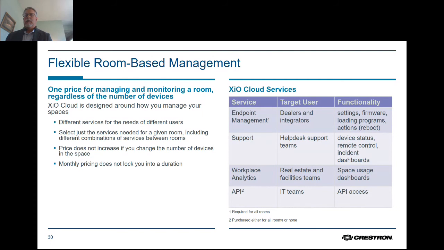So if you look at comparative monitoring and management platforms from lots of the big boys out there, number one, hardly any of them run in Azure except for Microsoft. And number two, they're way more expensive than what we're offering. So we offer endpoint management service, which gets you settings. So you can change settings in your MTR, change settings in any of your Crestron devices, update firmware through XIO Cloud,